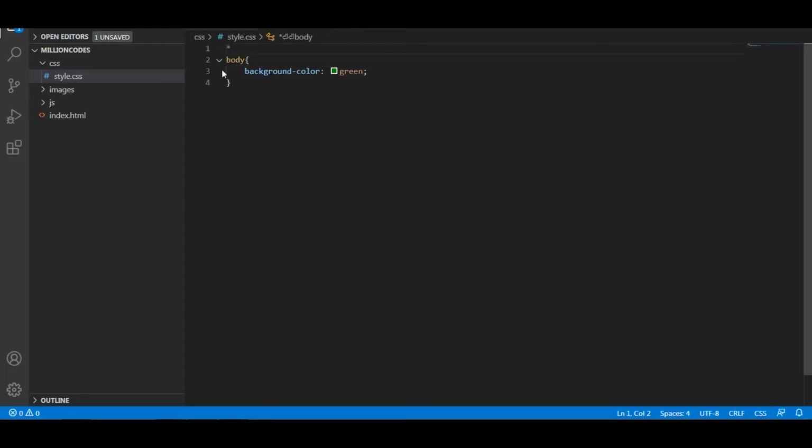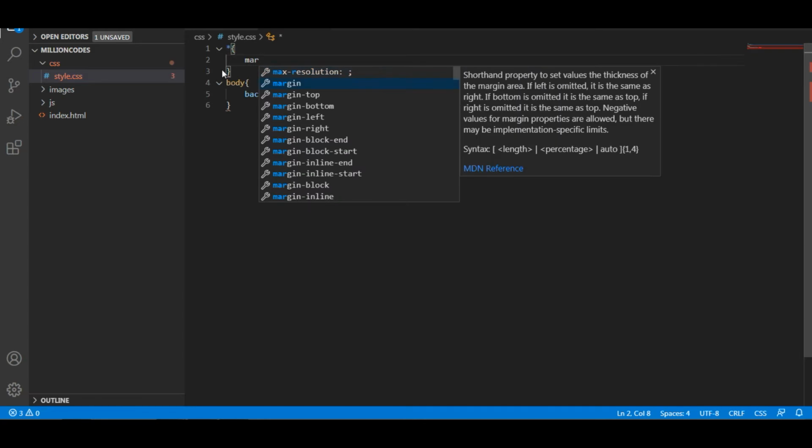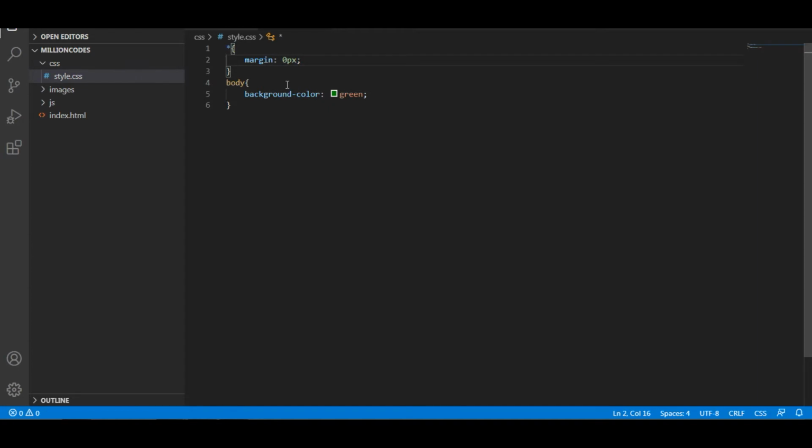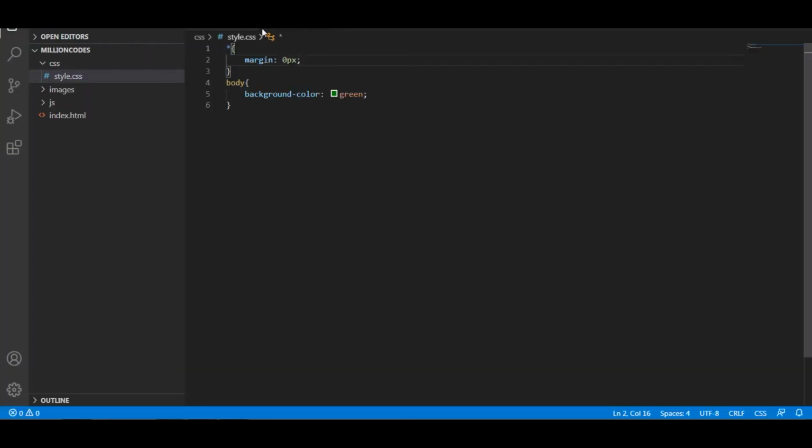For resetting the styles, we can use the star selector. Then we say we want the margin 0 pixel. When we give it, you can see the margin is reset now, so we can make use of all the space available on the application.